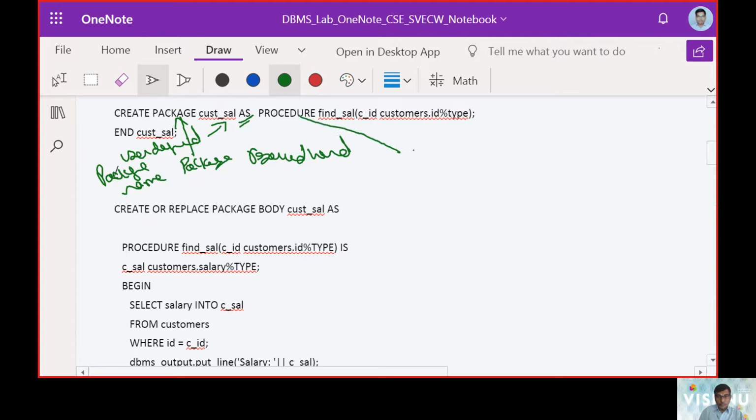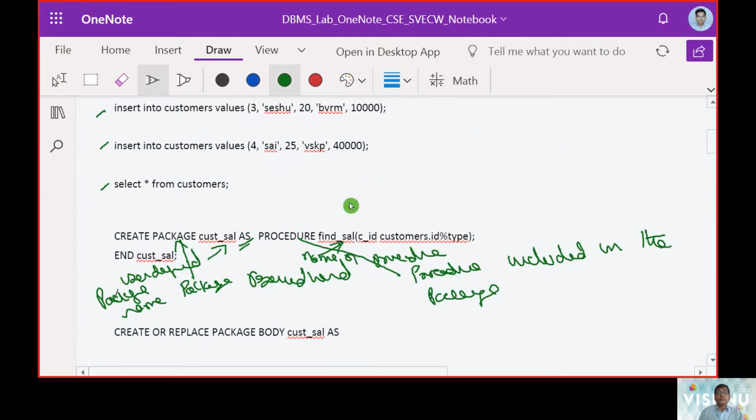So we have a procedure included in the package. Now find sal is the name of the procedure.